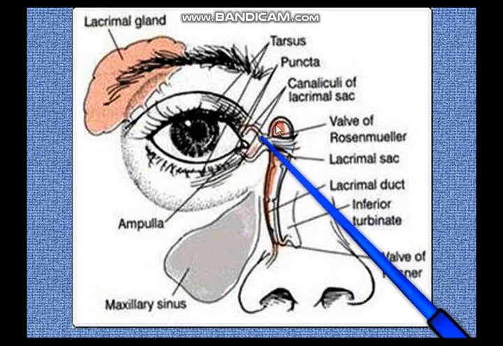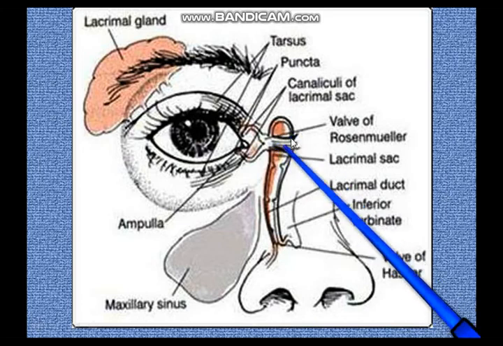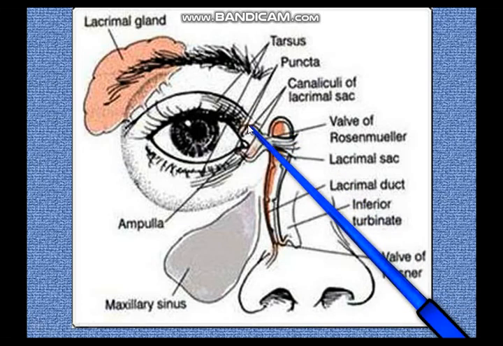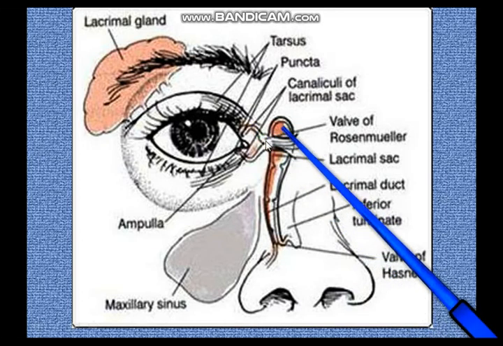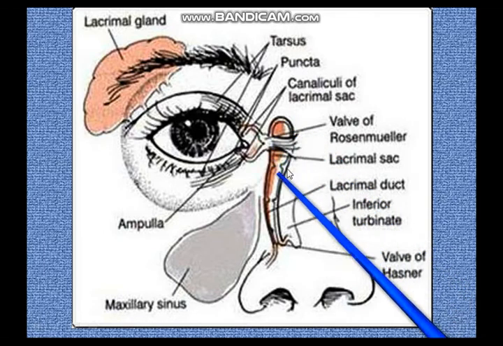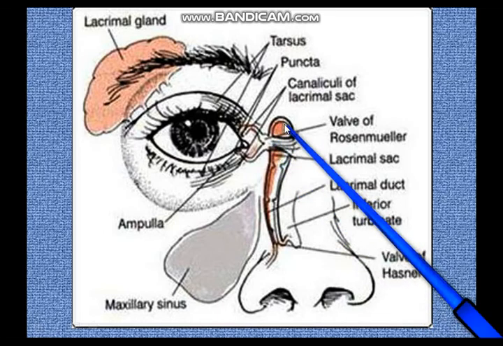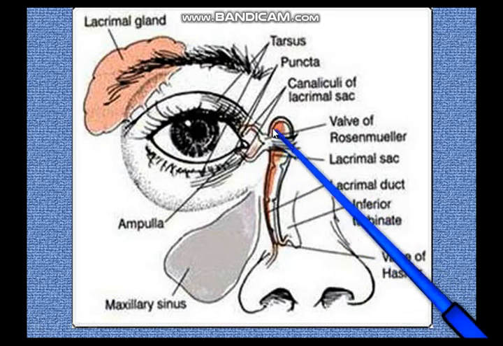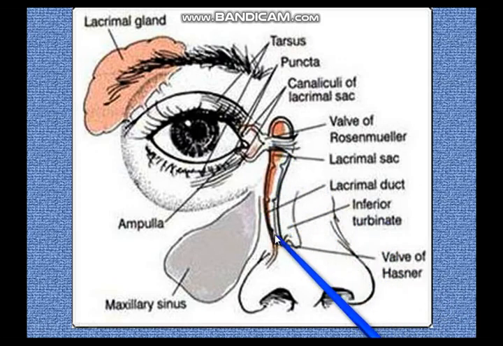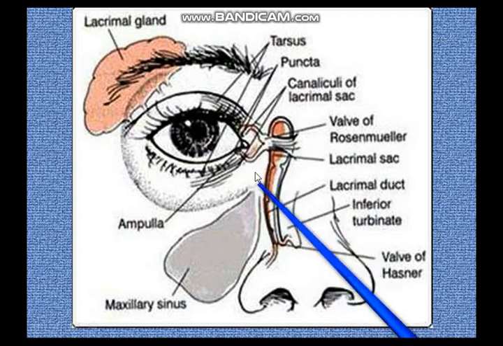The lacrimal part of the orbicularis oculi is attached to the lacrimal fascia over the lacrimal sac, and it creates something of a negative suction. Between the fascia and the lacrimal sac itself, you have a small plexus of veins. This lacrimal sac is about 12 millimeters long, flattened from side to side, and it leads into the nasolacrimal duct, which is about 80 millimeters long.